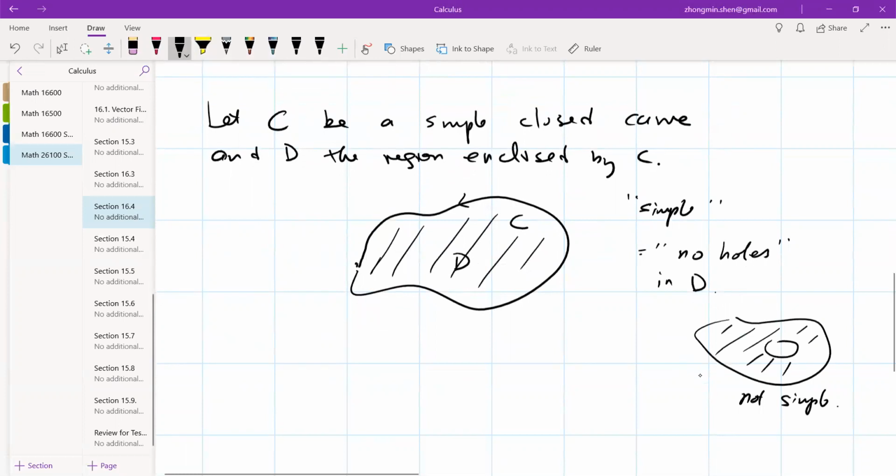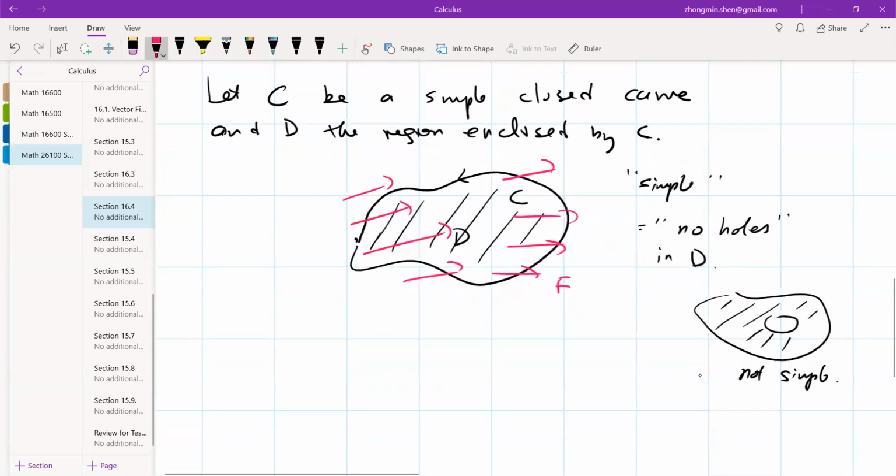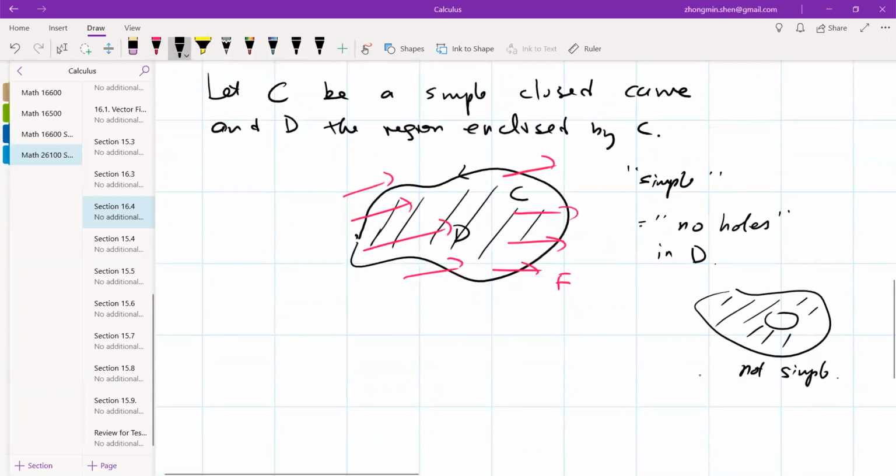It's a closed curve, so for the line integral sometimes we can put a circle on the integral sign. Now a vector field F defined on D. This F has two components, P and Q, right? Green's theorem says that